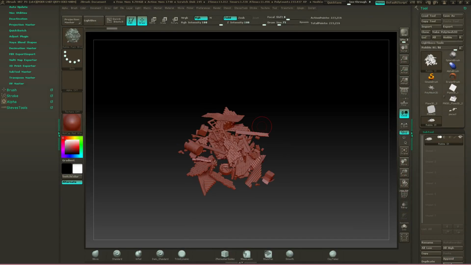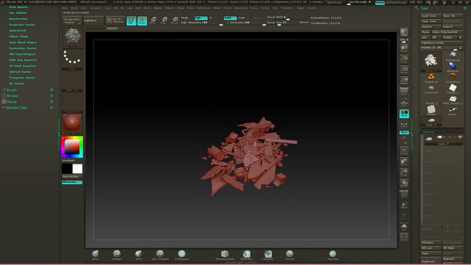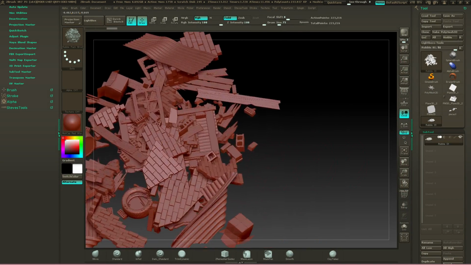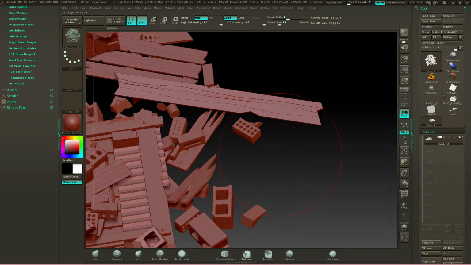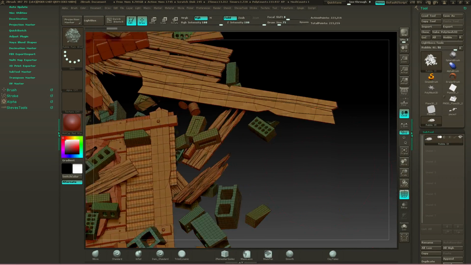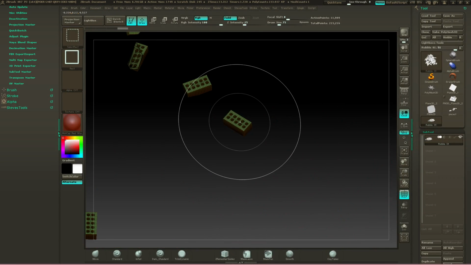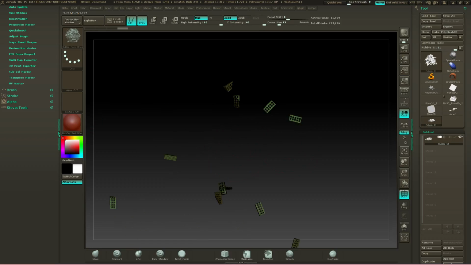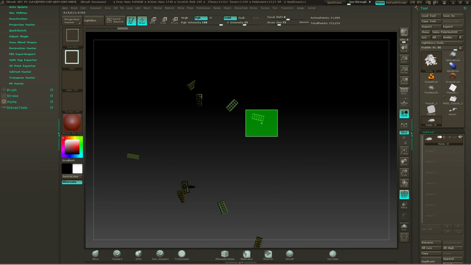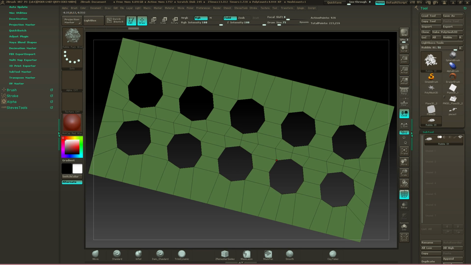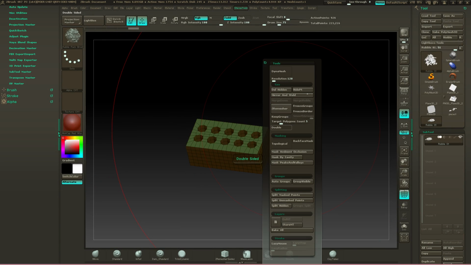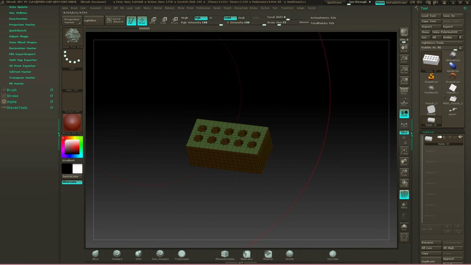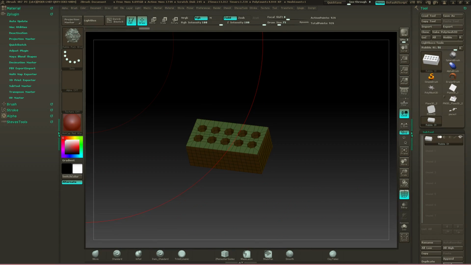Open that up. So here's the OBJ that was used in that insert mesh brush, and you can see that we've got a brick right here. So let's look at our groups. How nice is that? They even separated the poly groups. So we wanted to grab just this guy here. So we'll grab that, frame it up, and there's our brick. So I'm going to delete hidden, and I'm going to go up